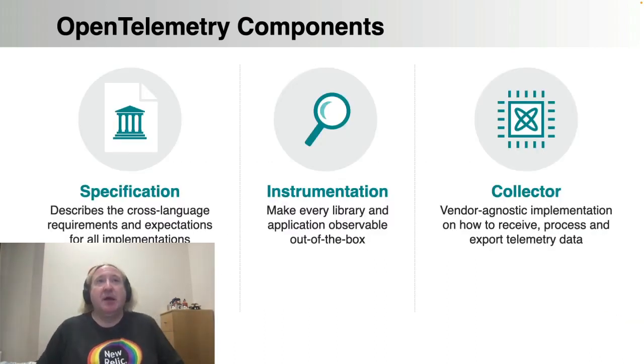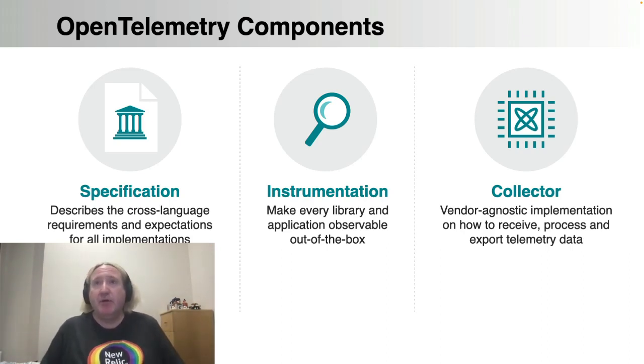So here are our components, and this is really what makes up OpenTelemetry. The specification, comprising the API, the SDK, data and semantic conventions, and those are cross-language and cross-platform. So all implementations must have the same view, as far as possible, as to what those things mean. Each individual language then also needs not only an API and an SDK, but, well, we need to instrument all of the libraries and frameworks and applications that we have available. And that should work, as far as possible, completely out of the box.